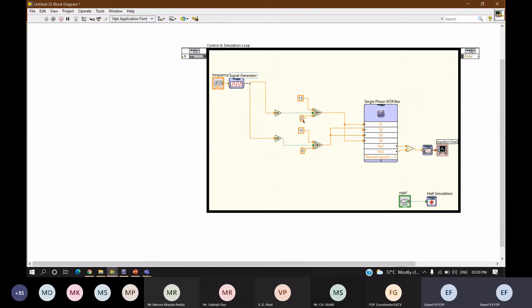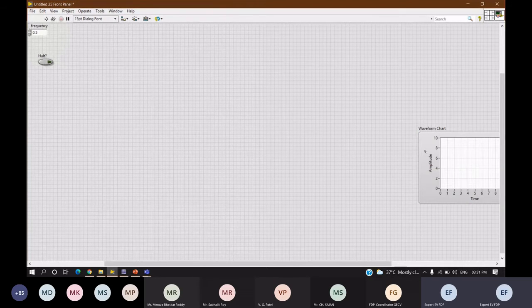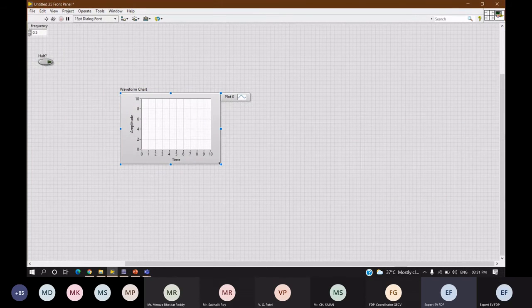Once that is turned off, I'm turning on the other leg pair, so that I'll be getting the square pulse. And to find the final voltage, we are subtracting the two voltages and plotting on a waveform chart. So we'll see what exactly we are getting in this waveform chart.